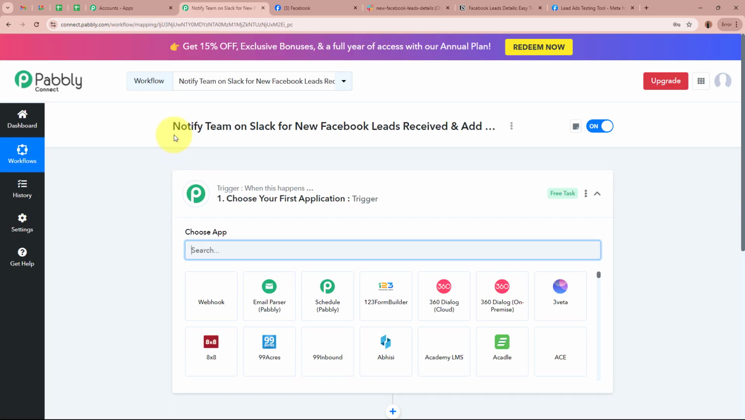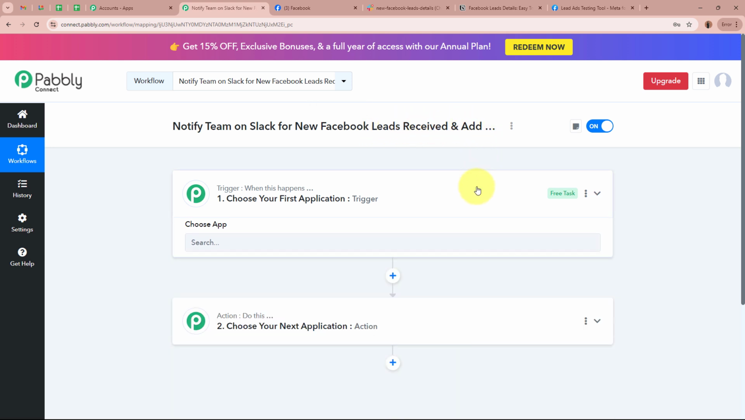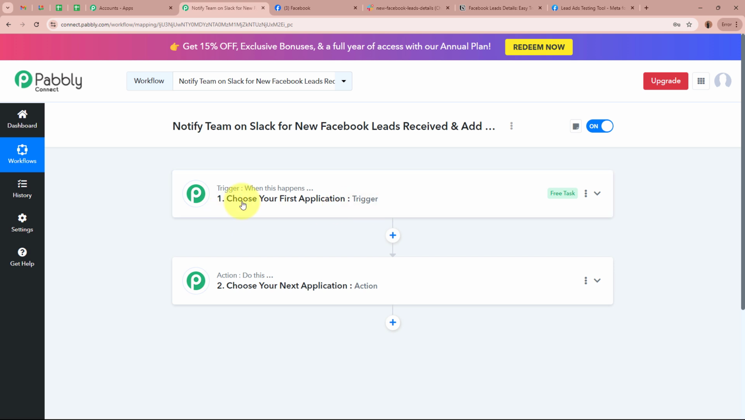A workflow is created in the name of Notify team on Slack for new Facebook lead ads received and add data in Notion database, and there are 2 windows in front of you. One over here says Trigger, other says Action. Trigger and Action are the 2 most important steps of our automation process because our process depends on these 2